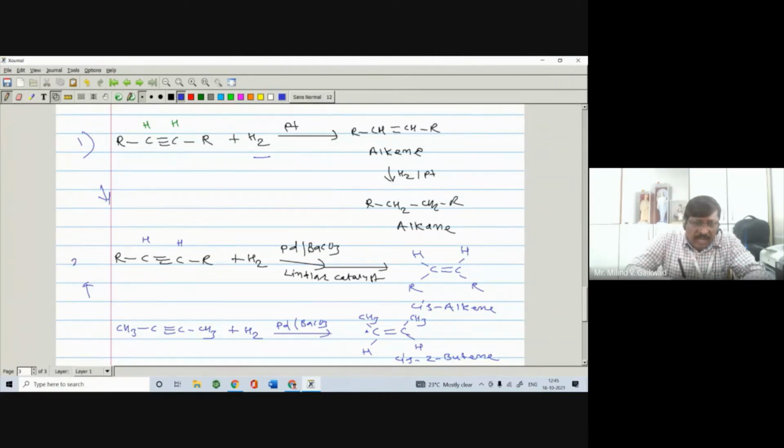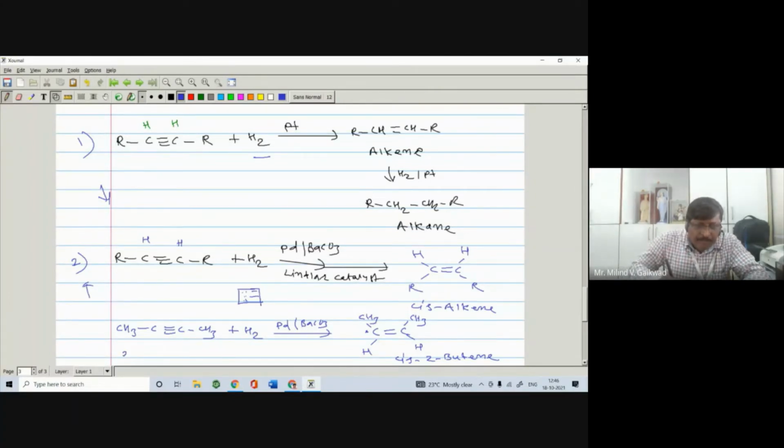But when the alkyne reacts with hydrogen in the presence of a Lindlar catalyst, that is palladium and barium carbonate. So what does this Lindlar catalyst mean? Here is the catalyst, and on this catalyst there is hydrogen. When you react the alkyne, the hydrogen will add from the same side of the carbon-carbon triple bond plane. If the hydrogen adds from the upper side, you get a cis alkene. If you add from the lower side, you also get a cis alkene. So either from the upper lobe or the lower lobe, you get the same compound, a cis alkene.